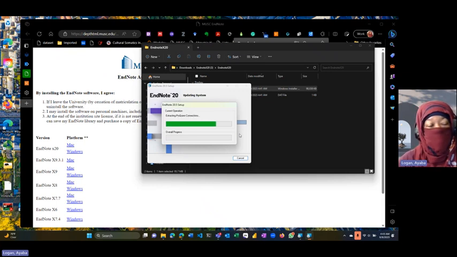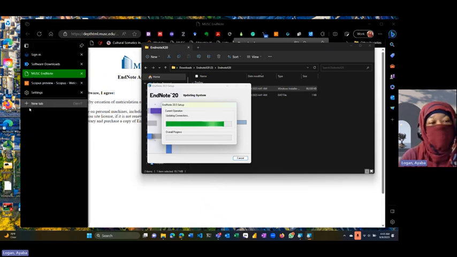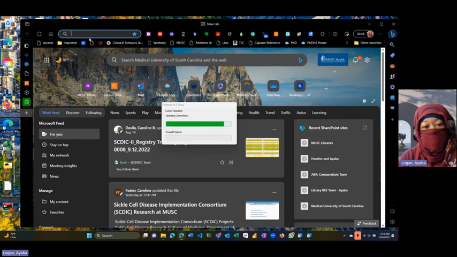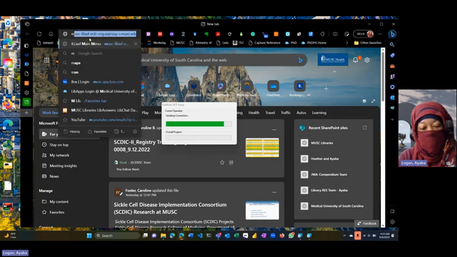On the C drive, you want it on the hard drive of the computer, the library, because if you put it anywhere else, it will get corrupted and you will lose all of your hard work. Not really, I'm exaggerating. So that you don't lose all your hard work while that's downloading, I guess this is where I should have went to my